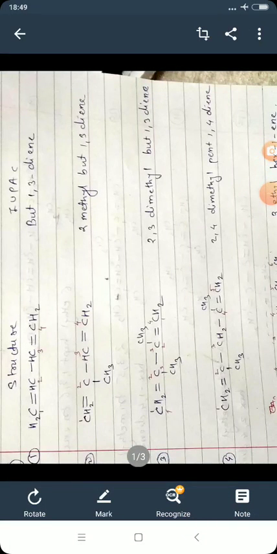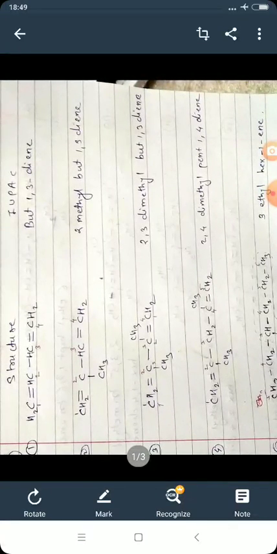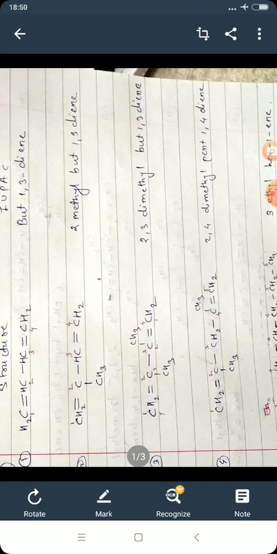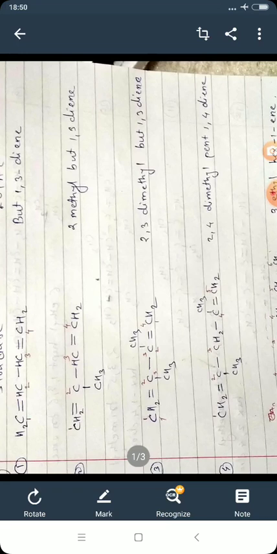Today we are continuing the nomenclature of the alkene. In the last lecture we discussed the nomenclature of alkene from number of carbon 1, number of carbon 2 to number of carbon 6. Today we are going to discuss some examples and their IUPAC nomenclature, having 2, 3 or 1 double bond.